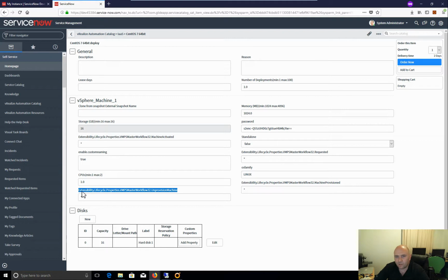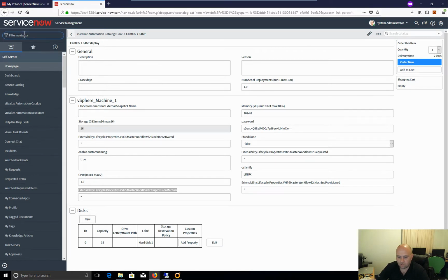These are like the extensibility, lifecycle, machine properties that would usually be hidden in vRA, like no one would be able to see them, but everything gets surfaced. Now you can go through here and you can actually edit this and make sure, say, what's visible, what isn't, etc. Now we can add our disks down here, and so what we can do is, first off,